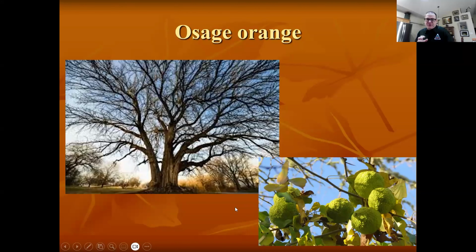Osage orange, they have thornless, fruitless varieties now. A really popular one in the trade right now is called White Shield. If you've got a really tough site, like a parking lot island or a 4x4 cut out in a sidewalk, boy, these are tough as nails. So this would be a good tree to put in a hot, dry, rugged situation. If you grow rocks, hedge is a good thing to put there.